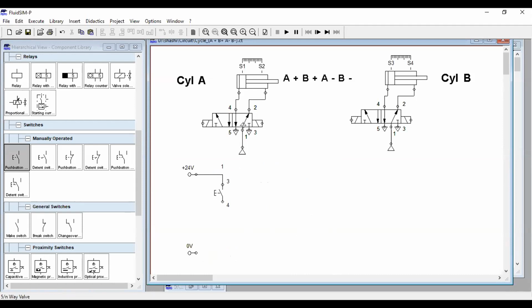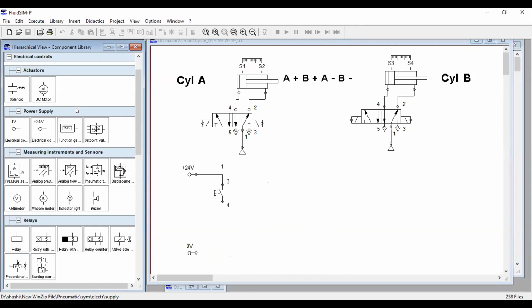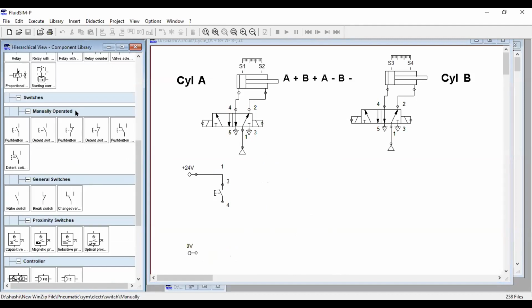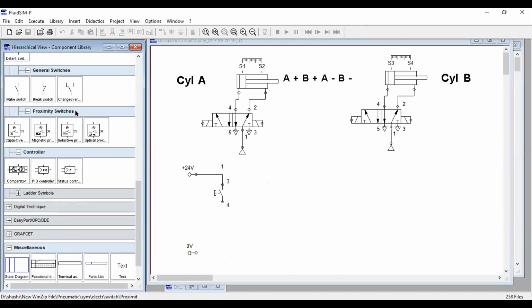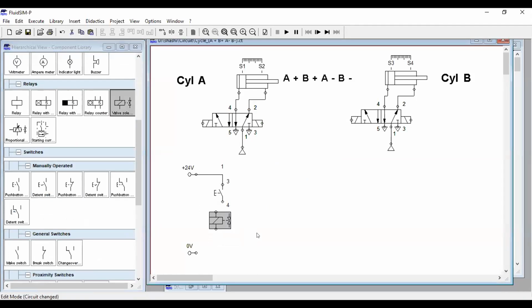Before starting with this one, I will just show you how to start with only a single solenoid. How to start A plus. So I will go for a solenoid valve. You will find the solenoid valve over here on the left hand side. This is the solenoid valve. To make connections, I will directly make connections like this.